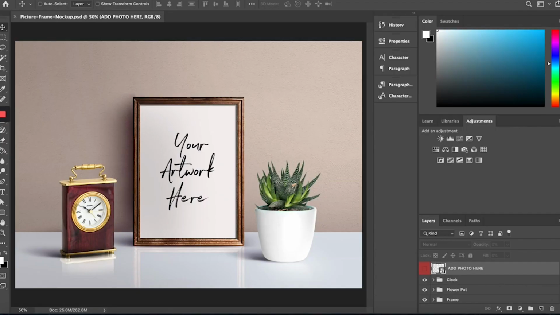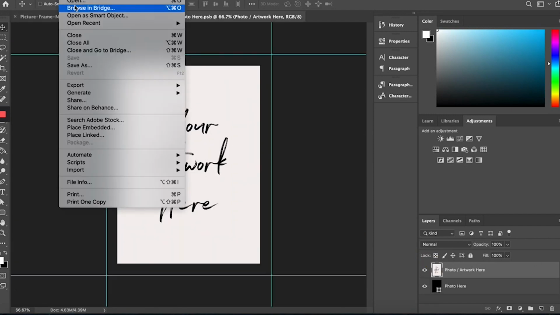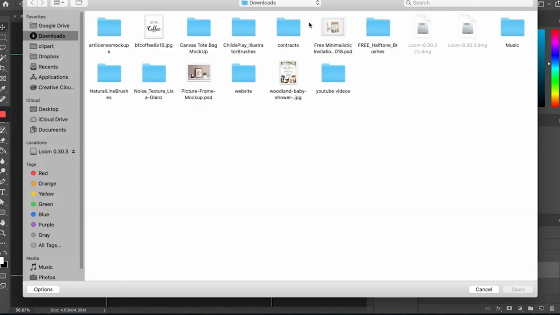And as you can see, it shows you really easily. It says add photo here, so it's really easy. You just open that up. And then I'll open up the design I made, just a simple